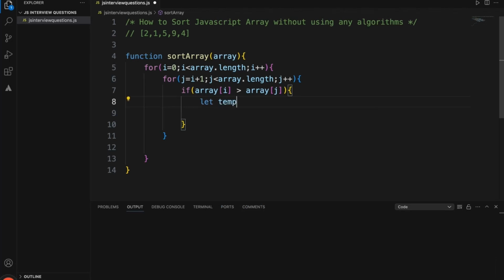we'll use a temporary variable and we will assign the number 2 here, and we'll replace number 2 with the number 1 position. We will move the number 1 to number 2's position. So it is array of j, and now we moved number 2 to the temporary variable, and number 1 is in this position. So now